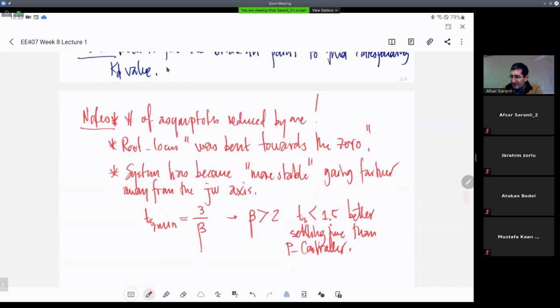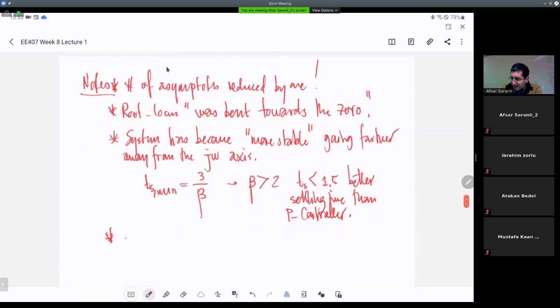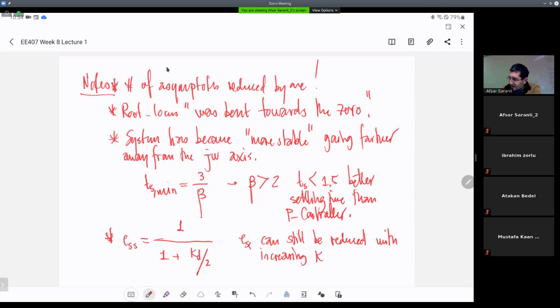Okay. ESS is still 1 over 1 plus KD over 2. ESS can still be reduced with increasing KD, which in this case